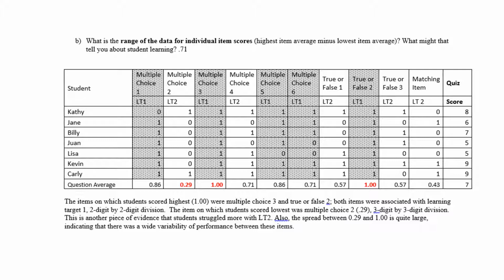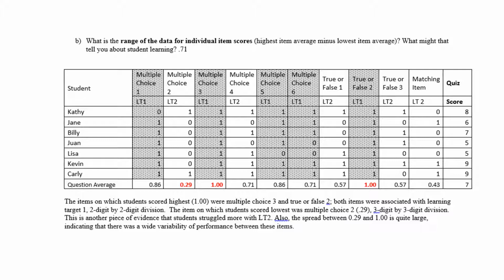They scored a 1. That was multiple choice 3 and true or false 2. You'll notice maybe that these two items are both associated with learning target 1, which is 2-digit division. So students were able to get at least 2 of the items all correct on 2-digit division. If you look at the low score, it's multiple choice 2 associated with learning target 2, and